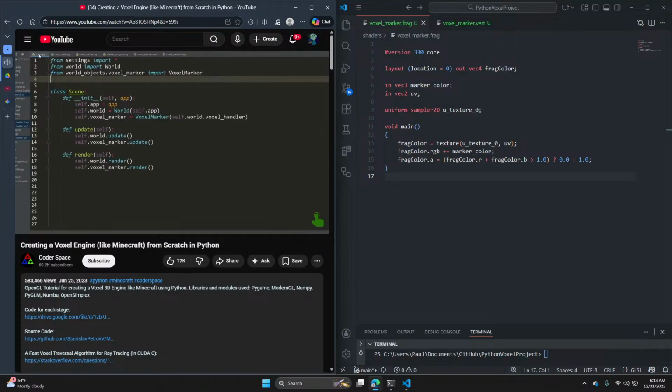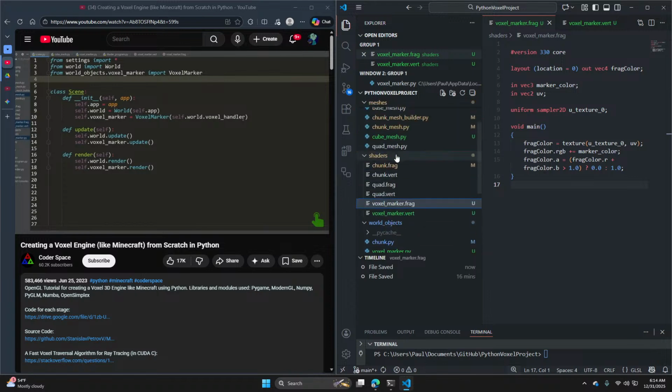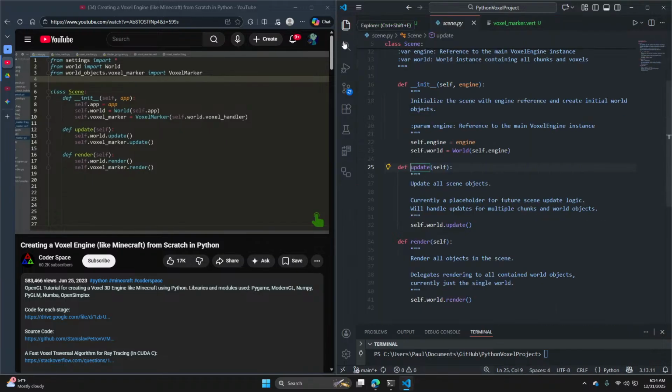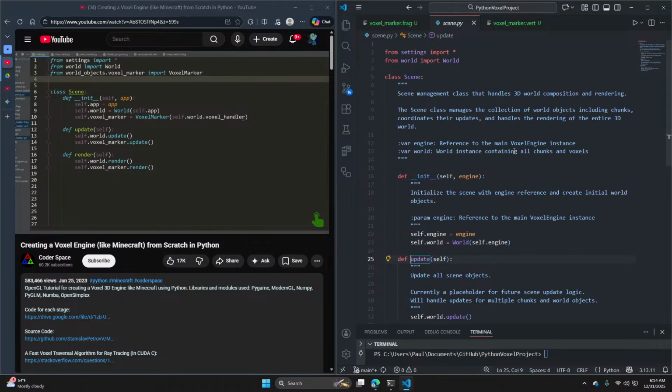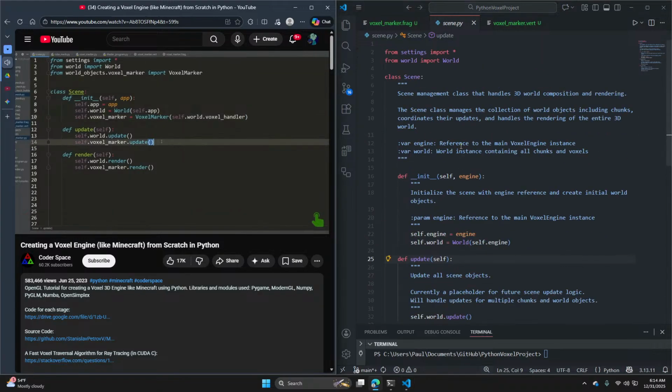And finally, in the scene class, we create an instance of voxel marker with calls to the update and render methods.